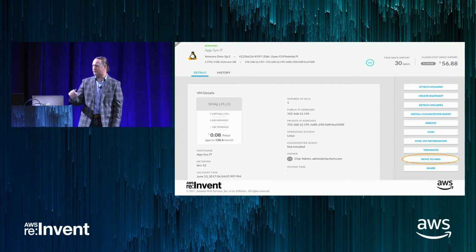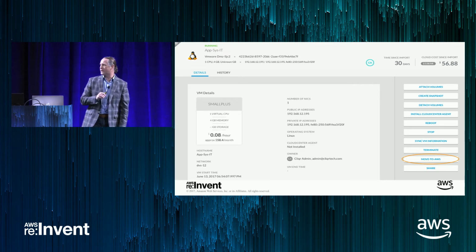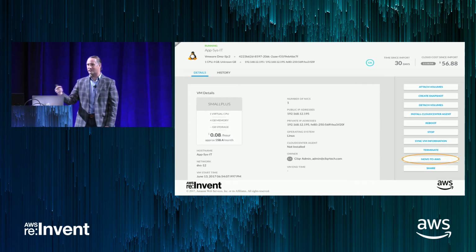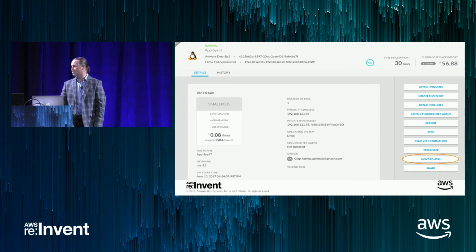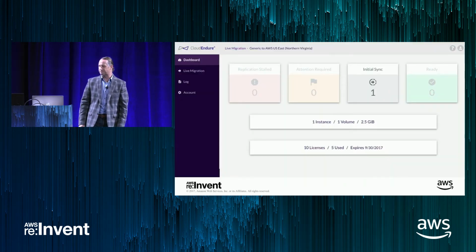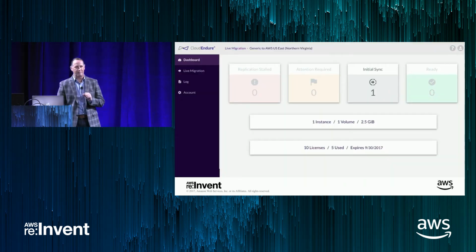And so now, here's the screenshot of where we're actually giving a self-directed option. So I said I could automate this. I also created a button here, move to AWS. So if the user actually wanted to start doing this themselves, they saw the baseline data. They could actually self-do the move. You've given the tooling to whoever the end user is, line of business, development team, an IT operations segment. They're actually pushing the button saying, please move this to AWS. Okay? And then you actually see what's happening within Cloud Endure.